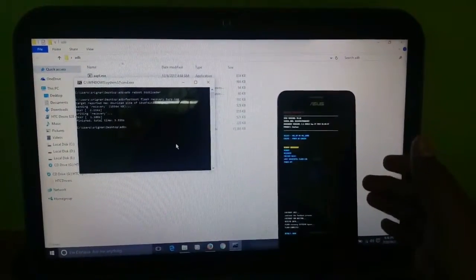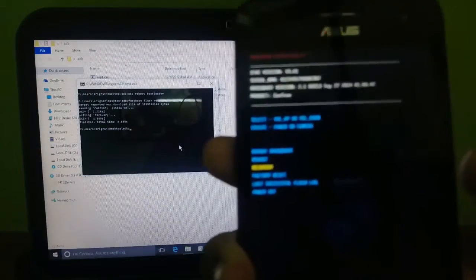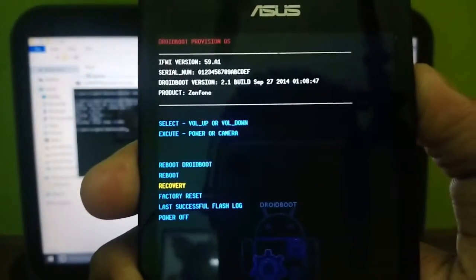Now we should go to the recovery mode manually. So go to the recovery mode, click on the power button.